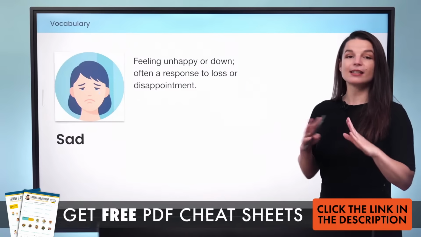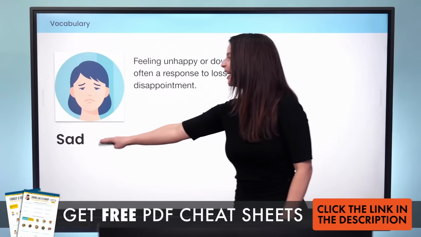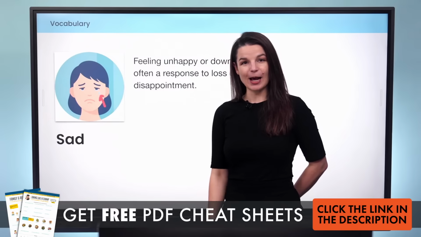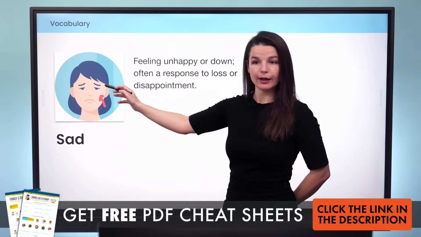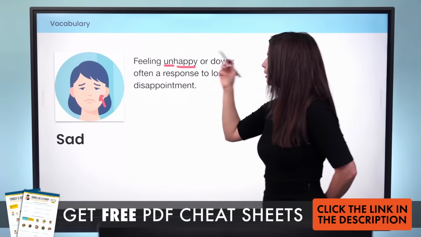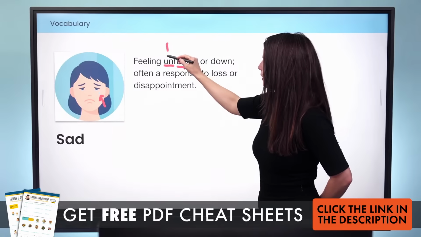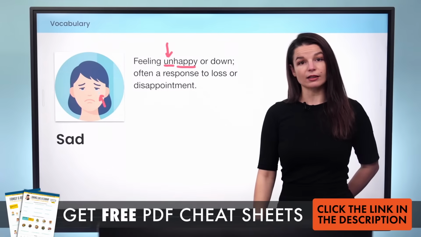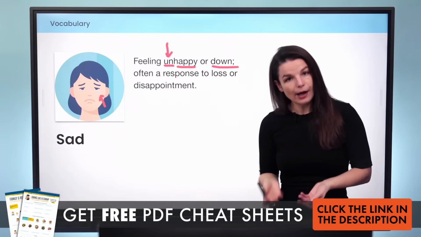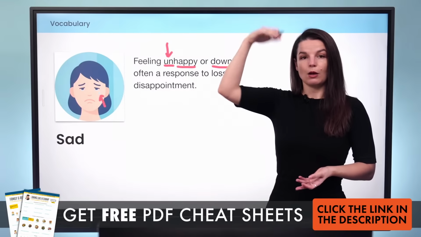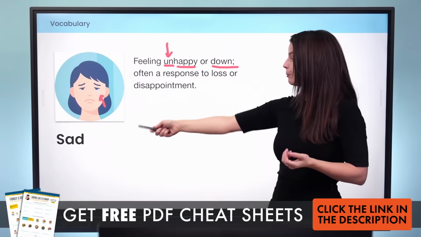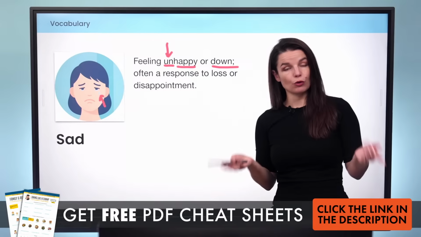The next word is sad. So another very easy one. We are not happy. Something causes us to cry, or we feel we want to cry. So we feel unhappy. If you are interested in learning this, this prefix means not here. So unhappy, or down, yeah? So when we feel down, it's the opposite of up, right? When we feel happy or excited, it's an up kind of feeling, right? A good mood.